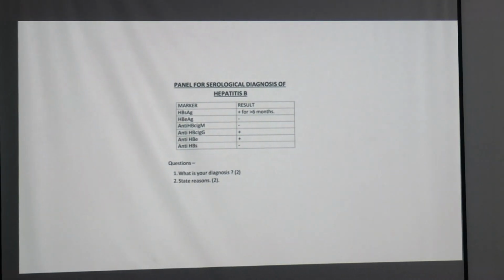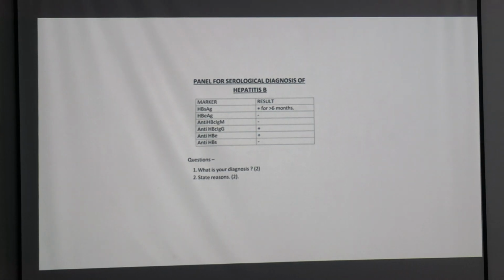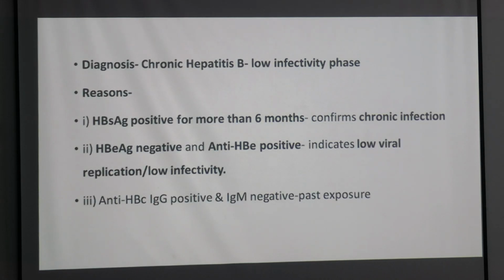পরেরটা হলো HBs antigen present for more than 6 months. আর কিছু নেই, আর অ্যান্টি HBc IgG প্রেজেন্ট। অ্যান্টি HBe প্রেজেন্ট, তাহলে HBe antigen অ্যাবসেন্ট, বাট অ্যান্টি HBe ইজ প্রেজেন্ট। অ্যান্টিজেন নেই কিন্তু অ্যান্টিবডি আছে, কেন? ওটা হচ্ছে তোমার লো ইনফেক্টিভিটি ফেজ। ক্রনিক হেপাটাইটিস বি লো ইনফেক্টিভিটি ফেজ।